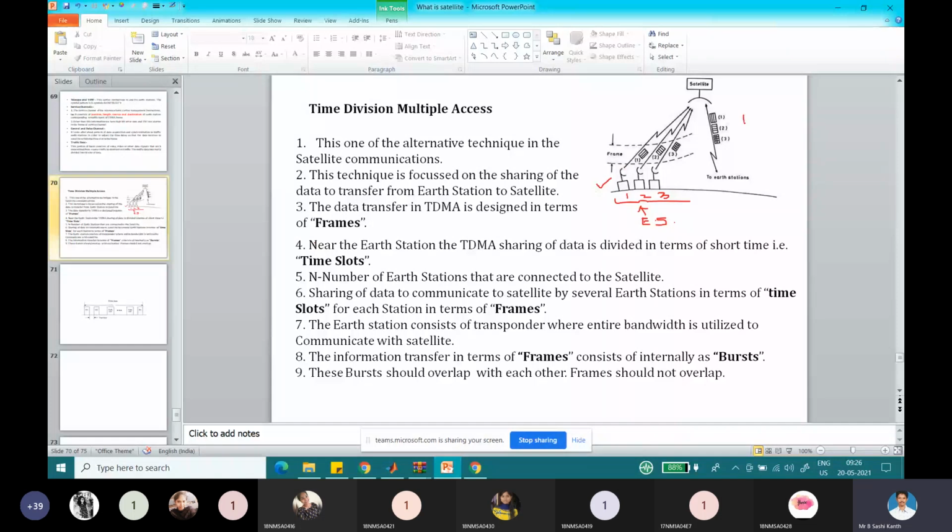In the reverse direction, when they are coming to the receiver side, it is once again sent to the earth station that we are having here. All the frames are combined. We are combining all the frames in a sequence and sending. But the frames have to have some gap between each frame. There should be a gap between each frame. That gap makes you understand which frame is coming from which earth station.